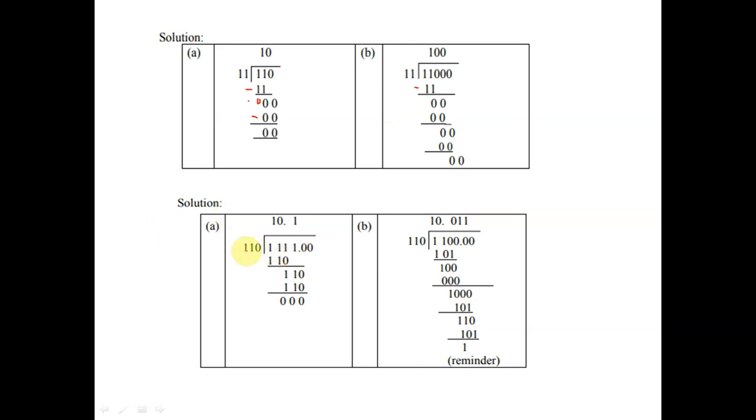Third example is 110. Then 110, first taken as the 1. So I write here 110. Here the 1 is 0 and here the 1 is 0. So 101. Then taken 1 and 0. So the total answer is 110. Looking at this answer, this is the final answer, and similar is also this procedure.